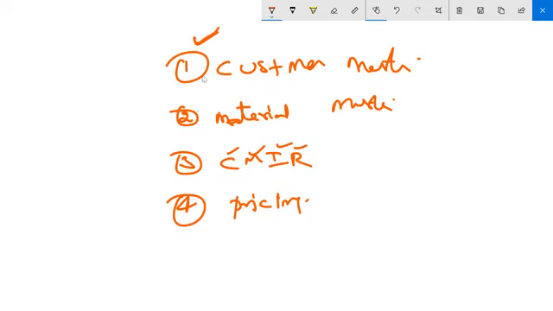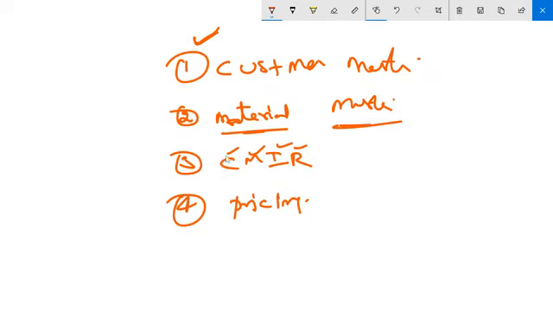The next is material master. Material master usually belongs to the materials management module, but it has heavy integration across the modules, so SD also has some role in material master. So what is material master? Material master is again details about the material: the weight, volume, color, specifications of the material. The weight, volume, color of one material is only for that material, right? It may not belong to other materials. So that is material master data, which belongs to that particular material.